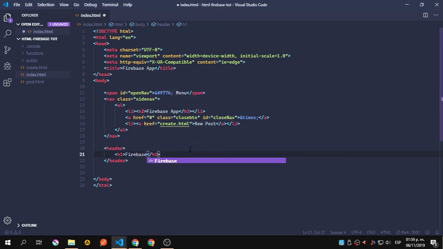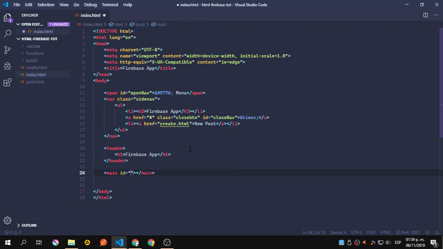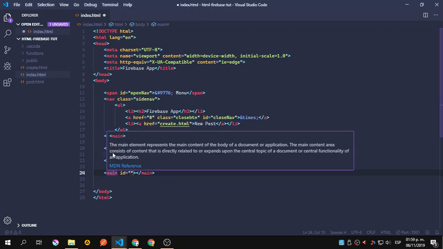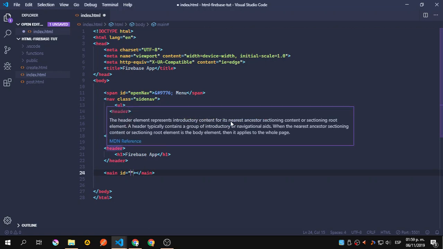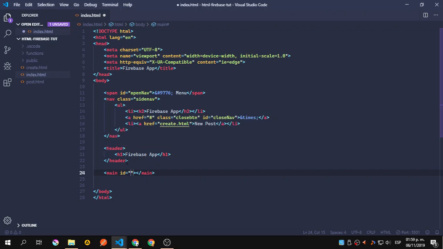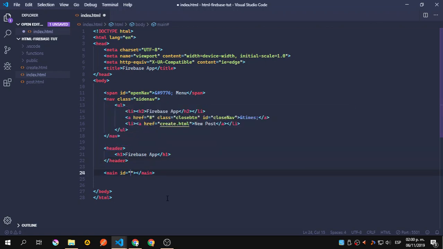So let's say Firebase app, just like that, and let's say main is the main content. It even says, okay, the main element represents the main content, and the header element represents introductory content for the nearest section. So this one is globally for this page, and each section or article or whatever can have its own header. So it's going to take the header for that section. So ID main,